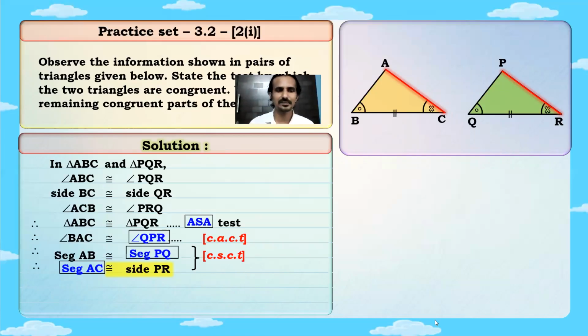Here we have written, at some places we have written seg, at some places we have written side. So side and seg both are allowed. But side is used when it is a part of a triangle or a quadrilateral. And if you just have an individual segment, okay, तो उसको हम सिर्फ segment बोलेंगे. So in case of a triangle, both are allowed. Either you can write side, side AB, side PQ, or you can write seg AB, seg PQ.